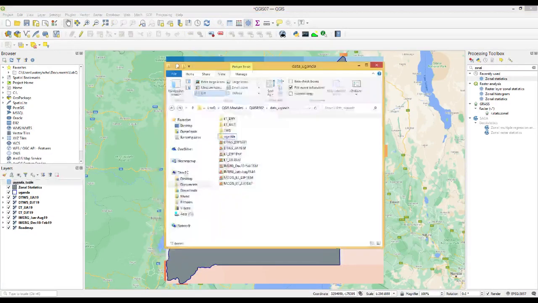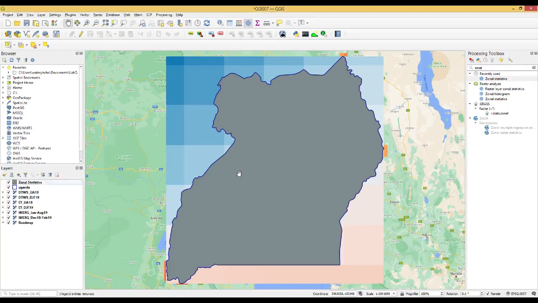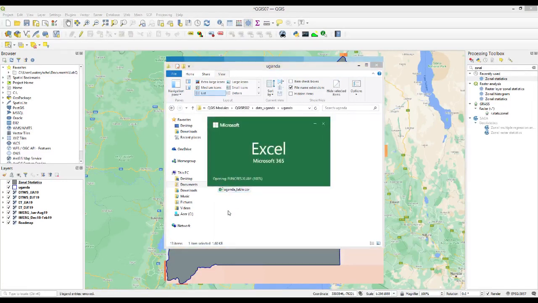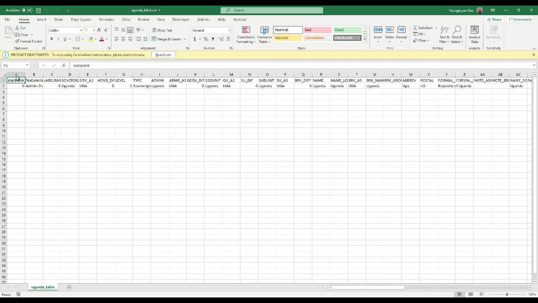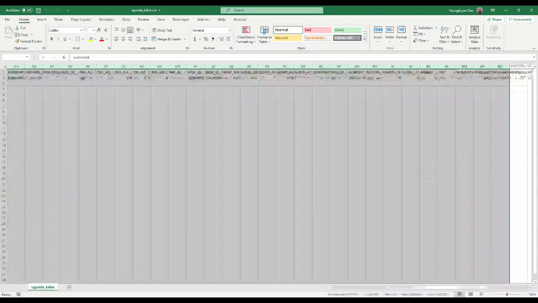So if you look at the Uganda folder where I saved this table, you can see this CSV table. So before opening this one, you need to close this Uganda table first. Remove layer, and then again you can open this Uganda table with the Excel spreadsheet with this CSV file. Okay, so I will delete all the tables not required for this